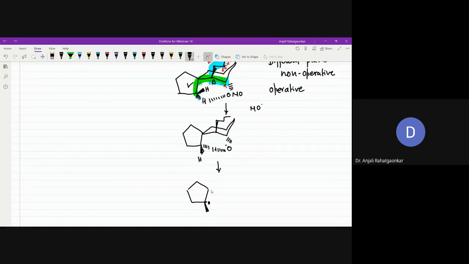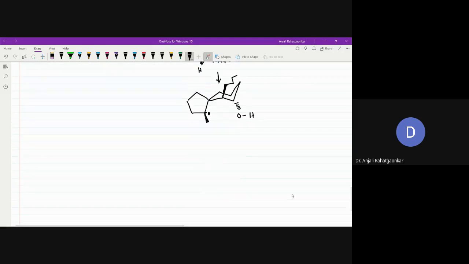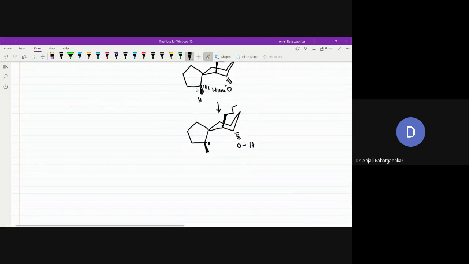All right, now I can draw the structure in this way. So here you can get another radical. Now this radical has to be terminated, and this hydrogen is abstracted. So OH is already there. Now here we have NO. So NO will be forming a bond and we'll get the